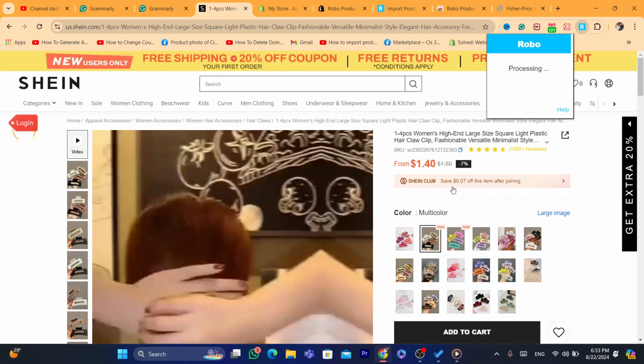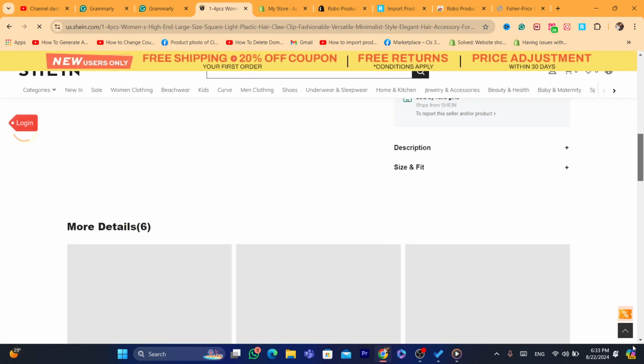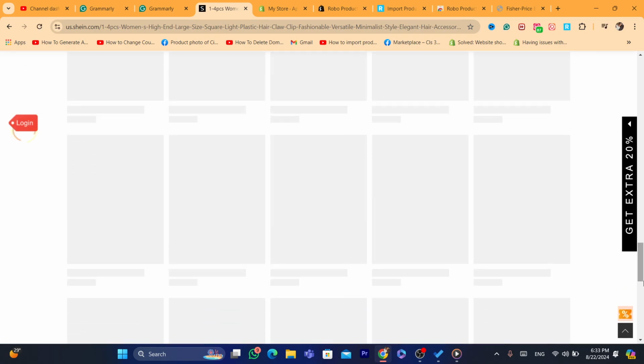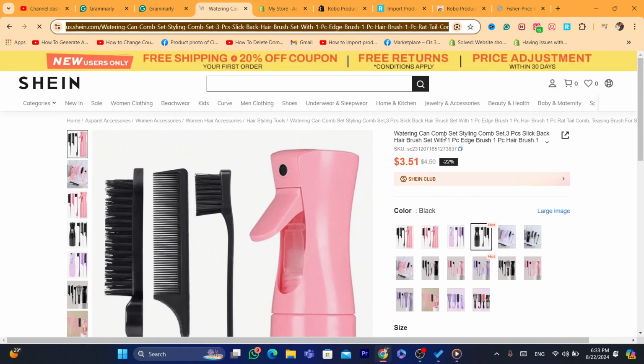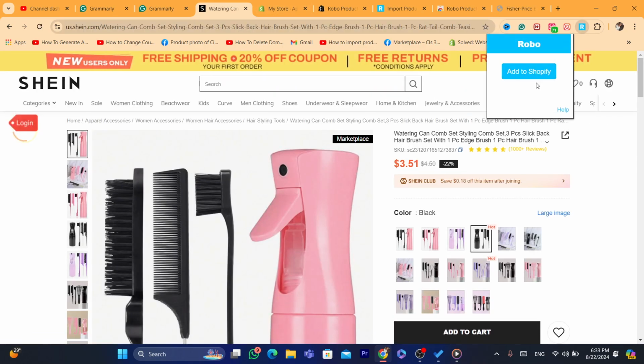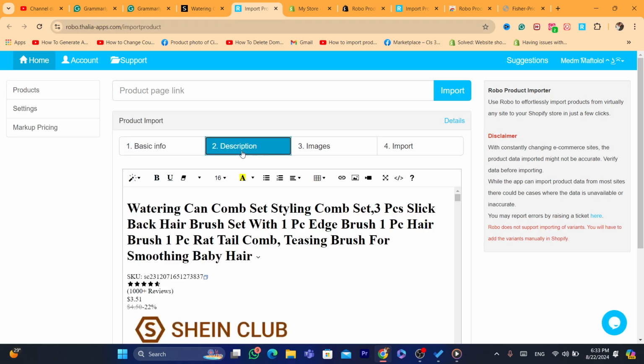So that's exactly why I don't know, probably there is an error here. So I'm just going to go with another product. Probably this product has, I'm going to import this product. Like I said, click on the extension in the top right and wait a few seconds. As you can see, now it will take you guys to the Robo's website. Now what you guys need to do,